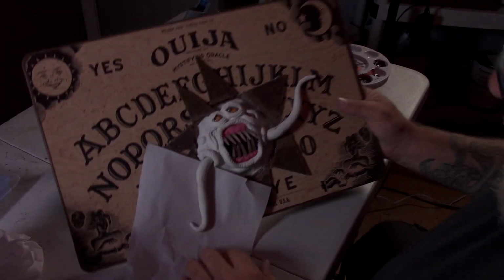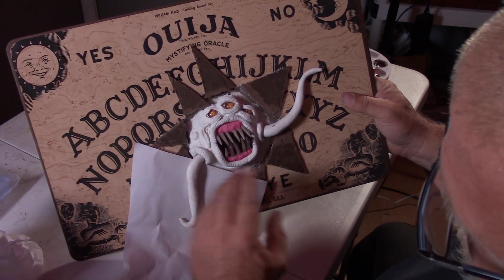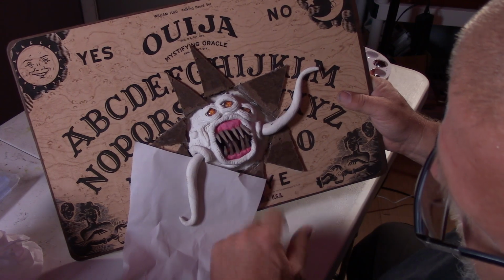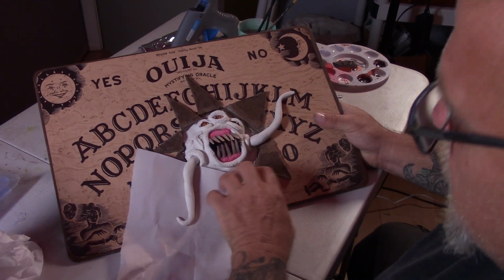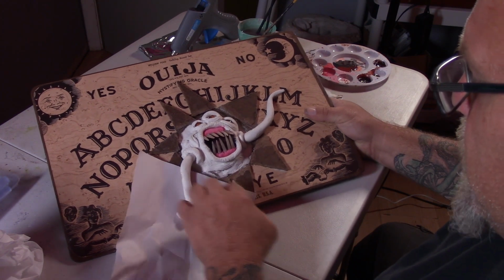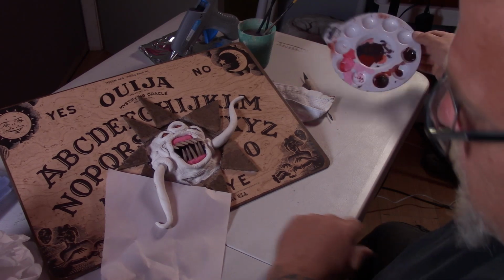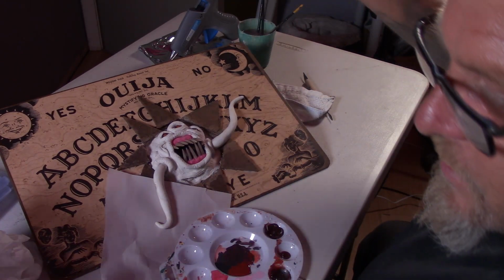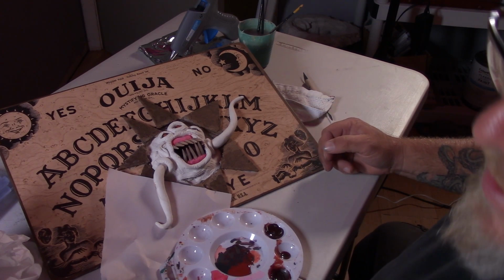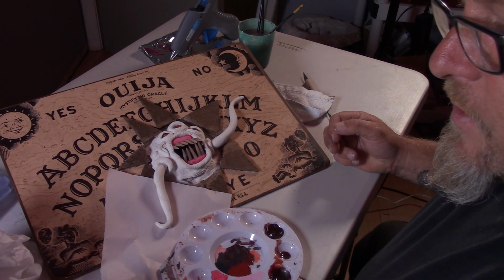Alright, guys, so I went ahead and painted those gums that red, and after it dried a little bit, I dry brushed some white on there. You might notice I got some paper tucked under this tentacle. That's to mask it off when I get to painting. So the creature itself, pretty cut and dry. Some of you might find it boring, but it's what I envision at this point in time. And that's simply, I'm going to paint it